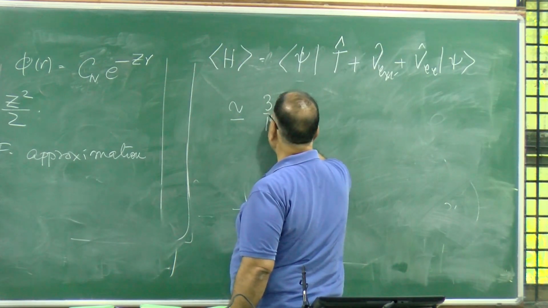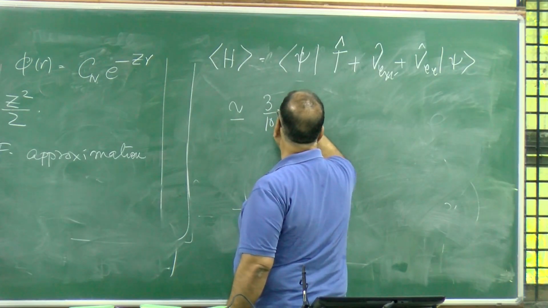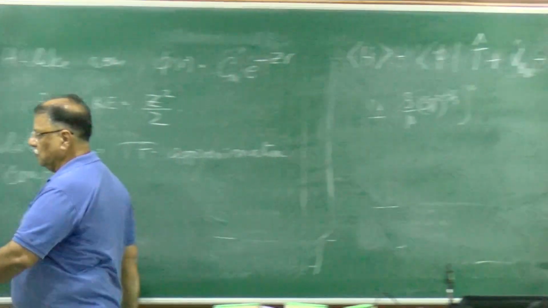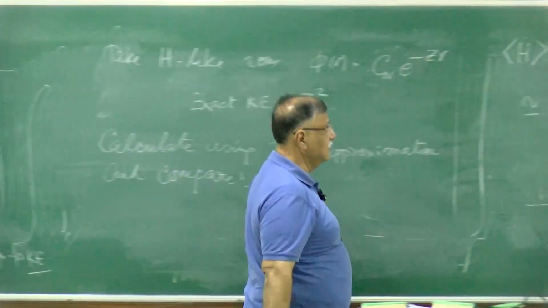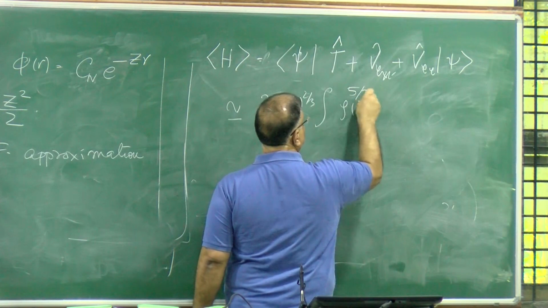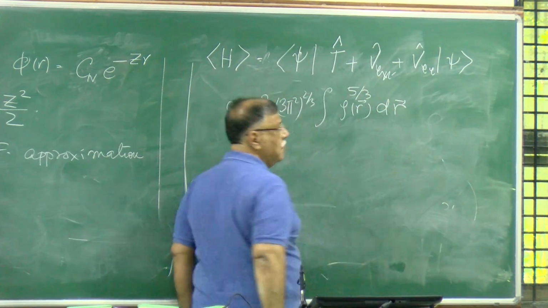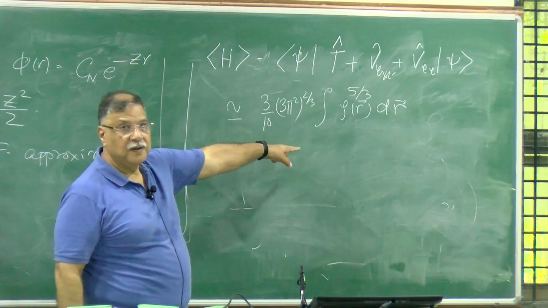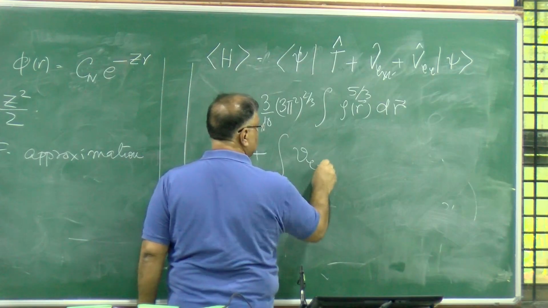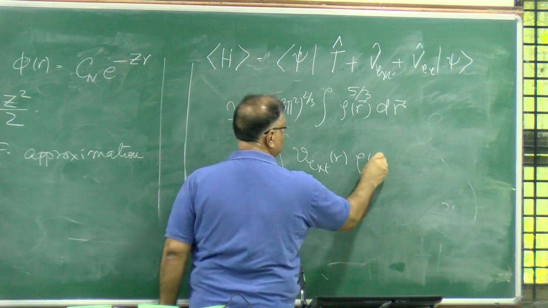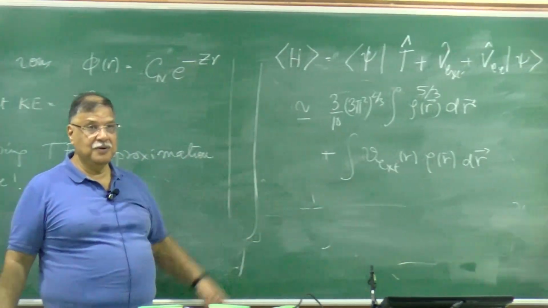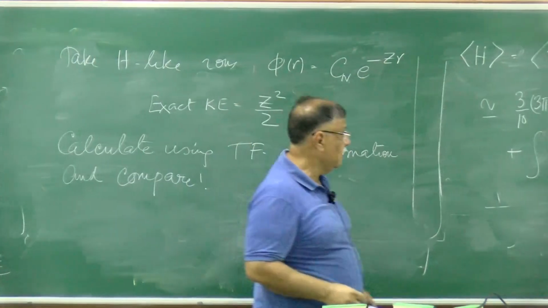integration 3/10 (3 pi square) raised to 2/3, integration rho raised to 2/3 times rho, which will come out to be rho raised to 5/3, rho(r) raised to 5/3 integrated over the volume. That's the first term, the approximation, plus integration V external(r) times rho(r) dr. That's the second term, the expectation value with respect to that, plus